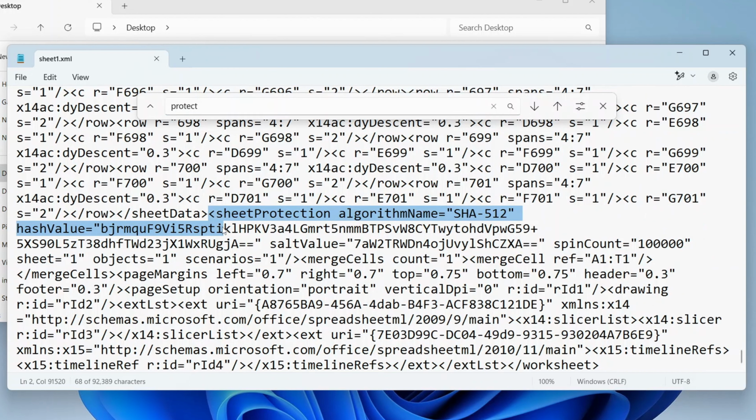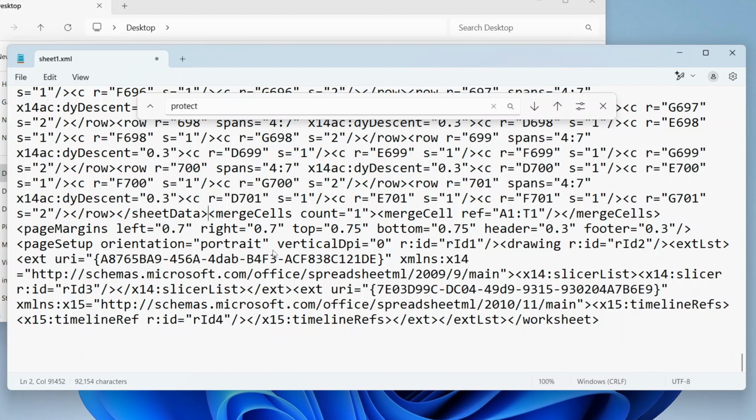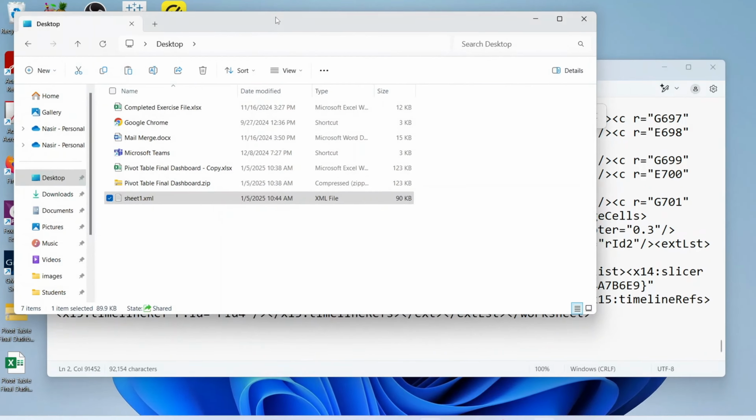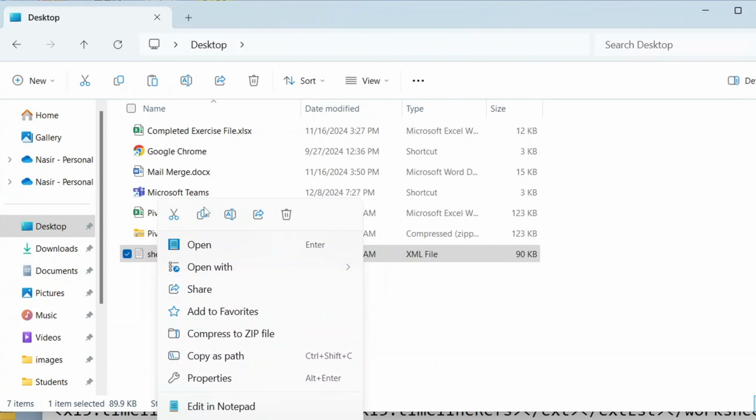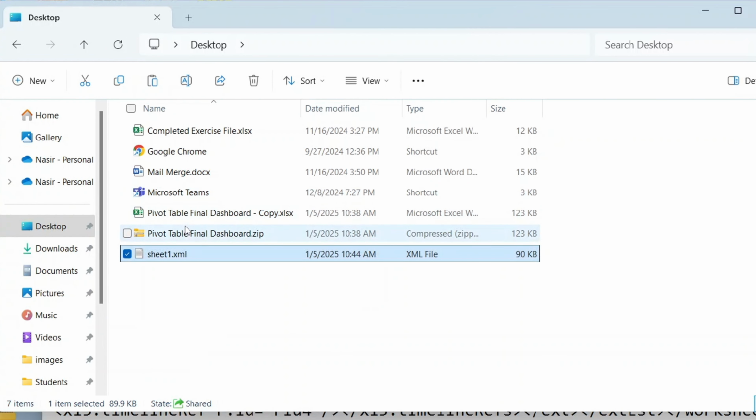So just highlight it from the greater than sign to the less than sign of that tag and delete. Now save, and then we can go back, copy the updated file